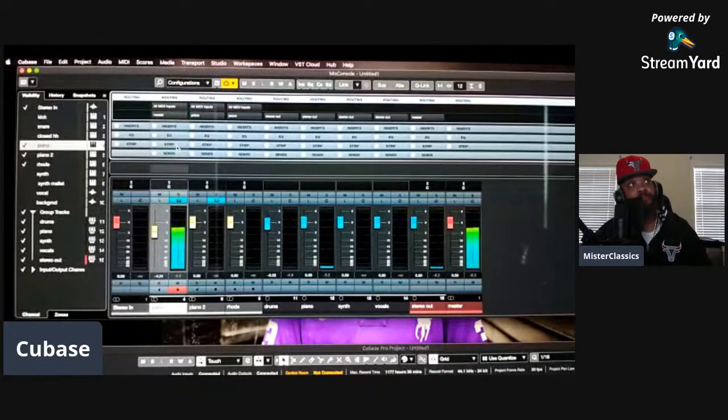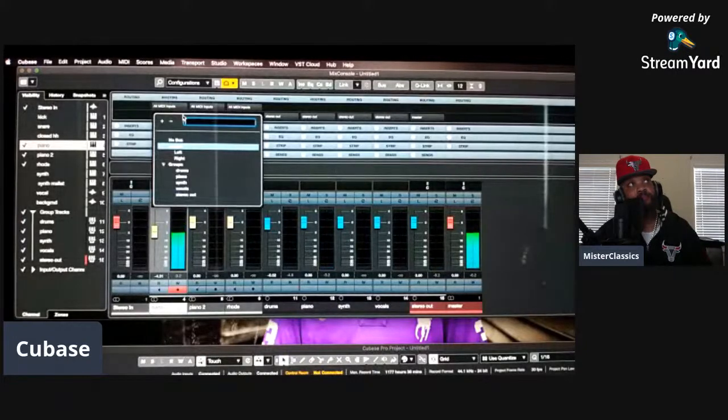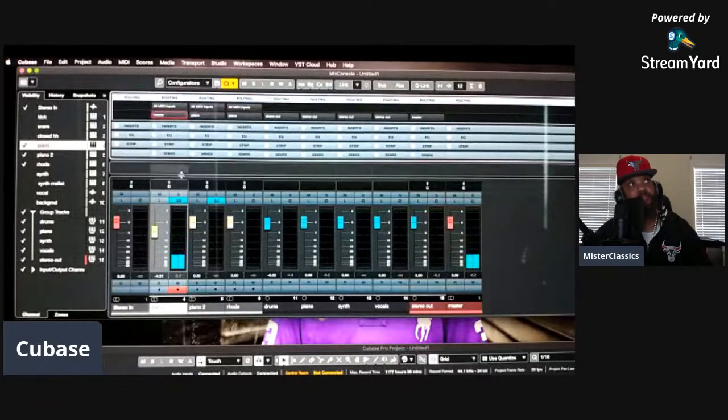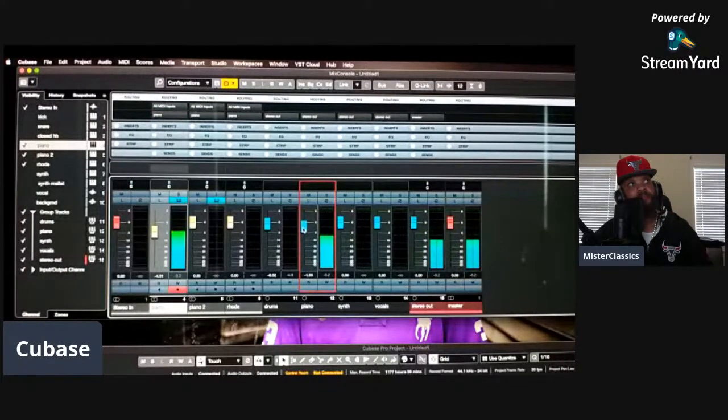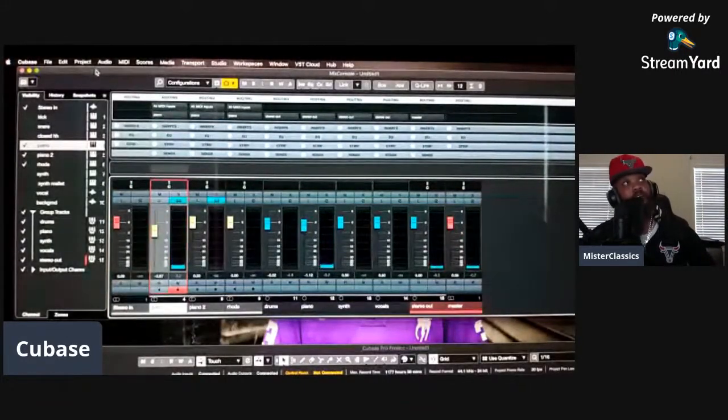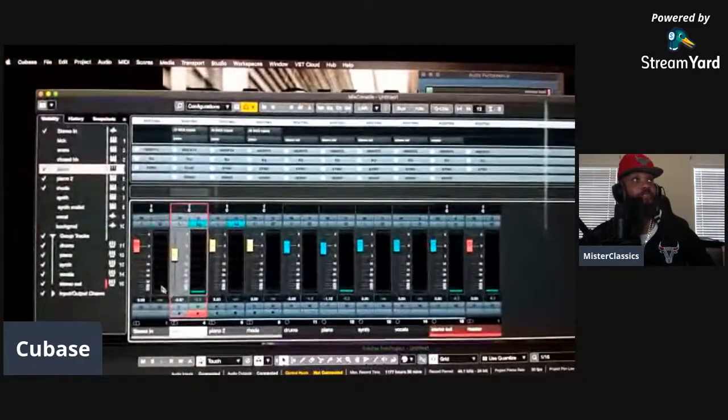But we take it back to the pianos. See that right there? Yeah, see that? That's pretty much how it works. You know what I mean? And just to show that the proof in the pudding does work,